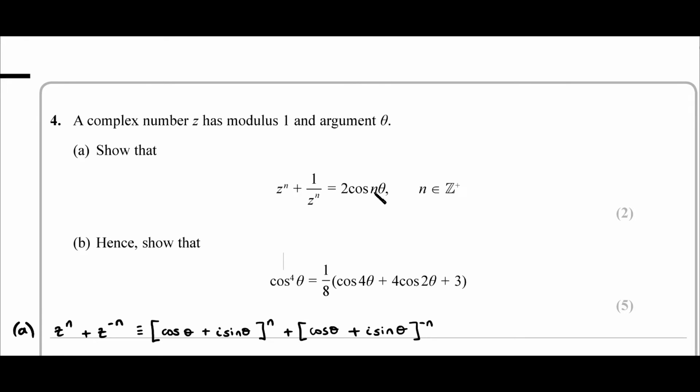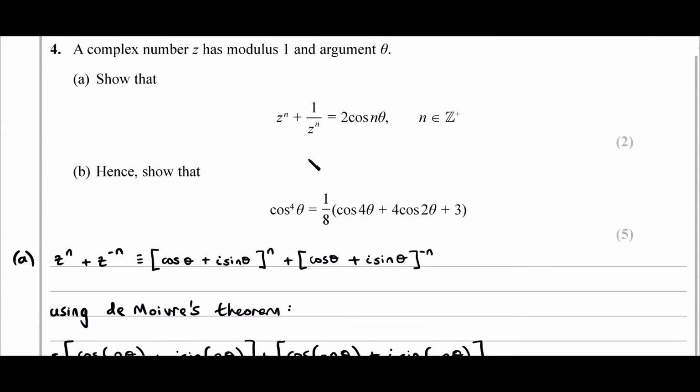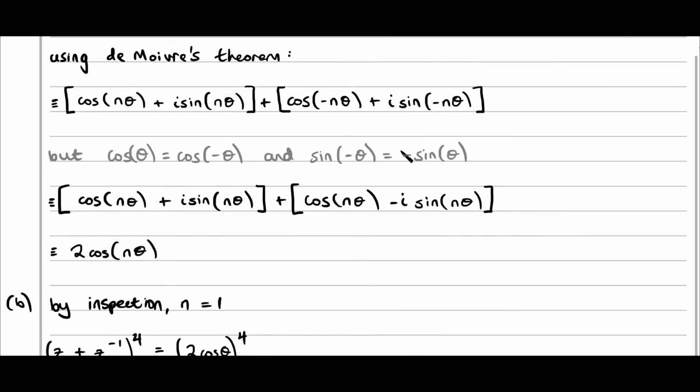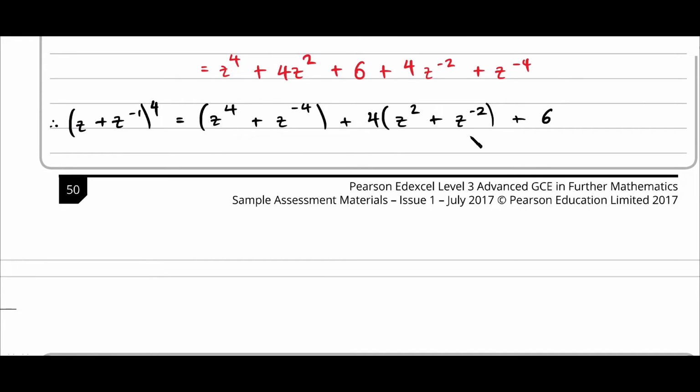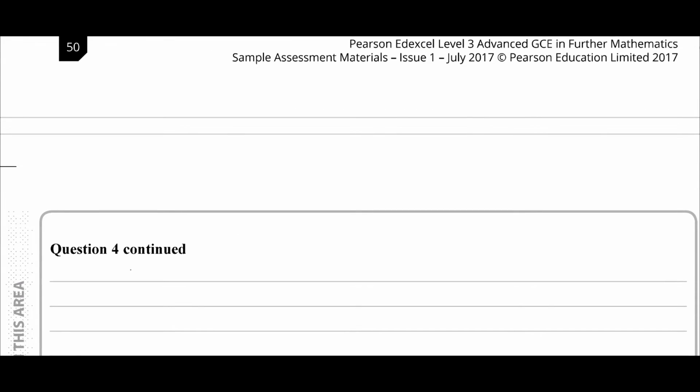So whatever power we have, we replace n with that power. So what this is equal to then is, well, z to the 4 plus z to the minus 4, that will equal 2 cos